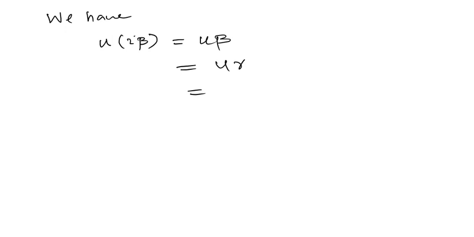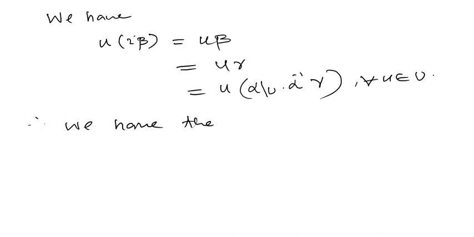We have the following: u of I beta is equal to u beta, that's equal to u gamma, and that's same as u, let's write here, alpha restricted to U, then alpha inverse and gamma, because alpha inverse is the identity map. So for all u,